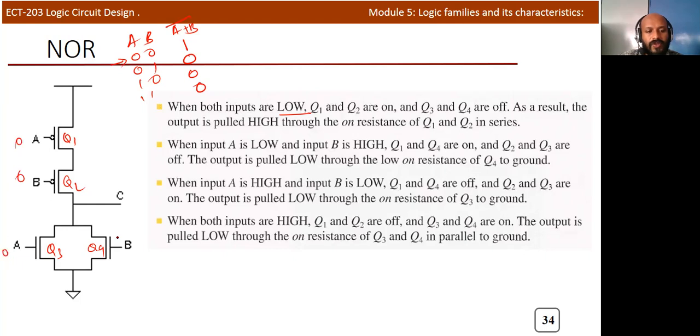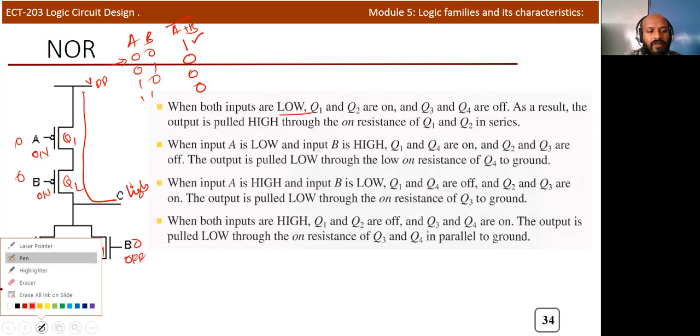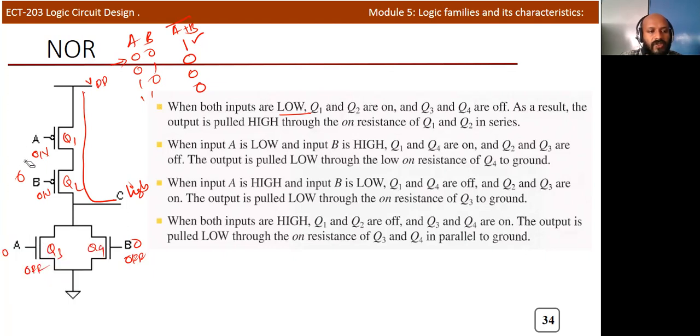0 0, and the lower portion is NMOS, so the transistors will be in the off condition, and the upper portion is PMOS, so the transistors will be in the on condition when you apply 0 at the gate terminal. So here you will get a conducting path to the output side. You will get a logic high output at the output side because this terminal is connected to VDD. So the first condition is valid. Now we can verify the other conditions.